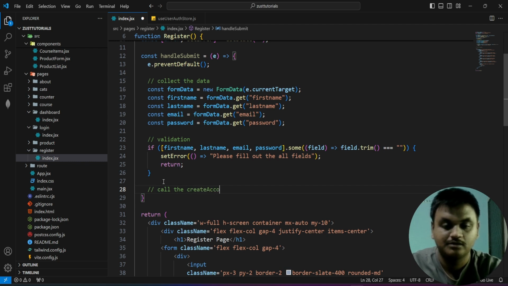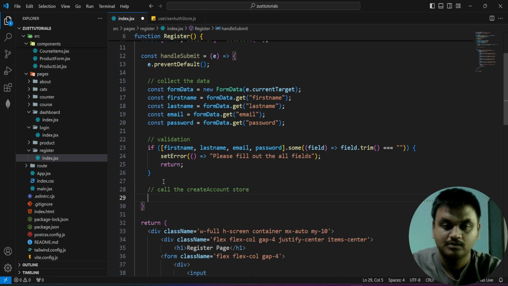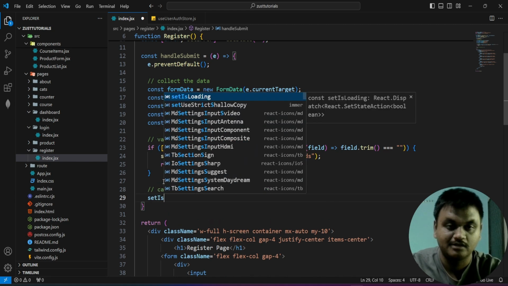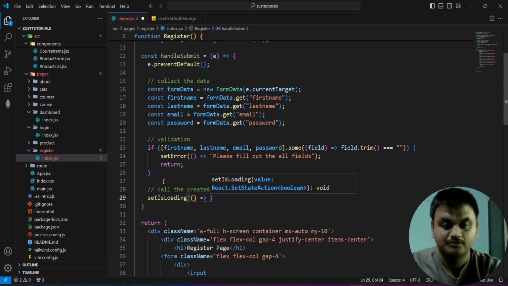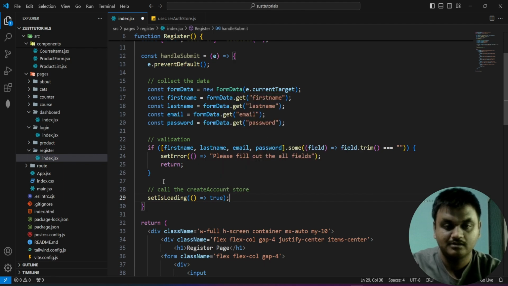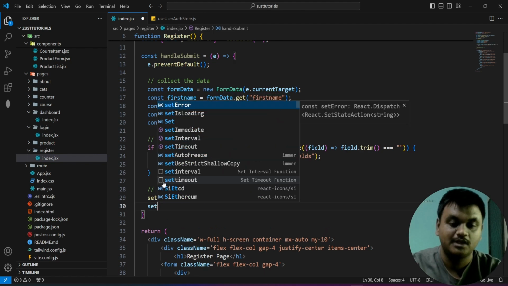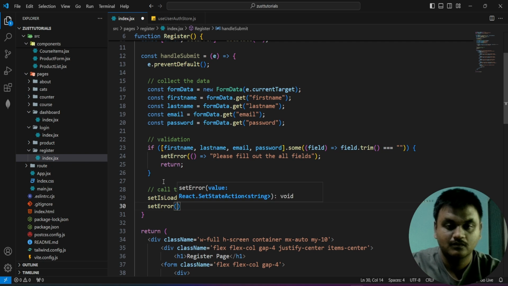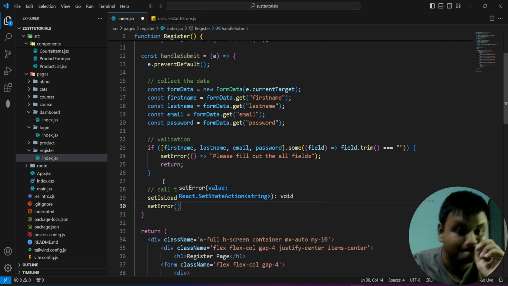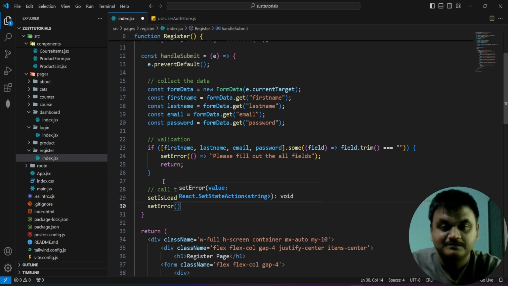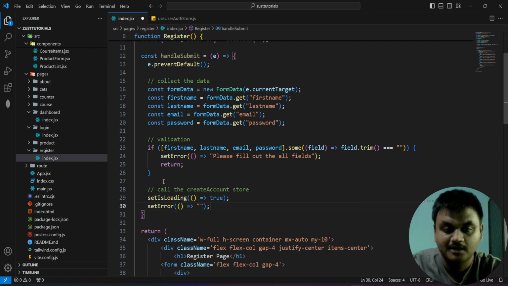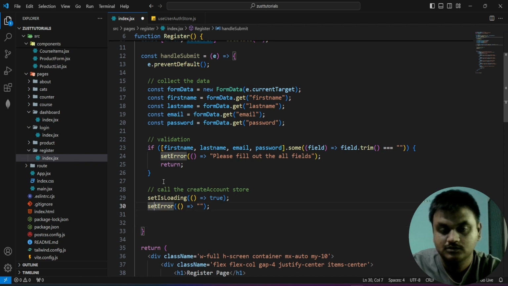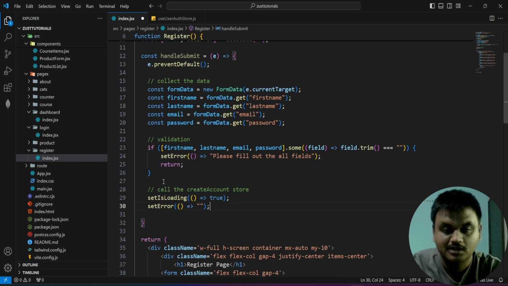Call the create account store. In this, first we are going to set is loading to true. First we are going to perform some loading, and then we are going to take an empty string. I can take it like this also directly. Okay, leave it like this, and then